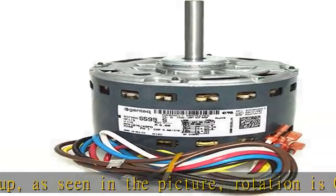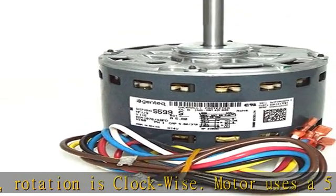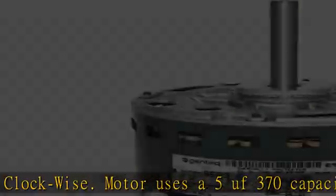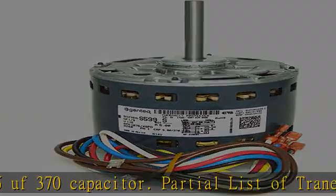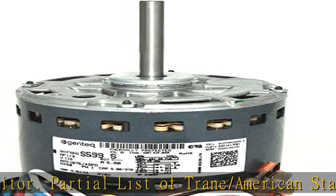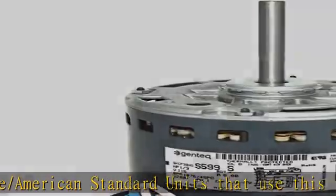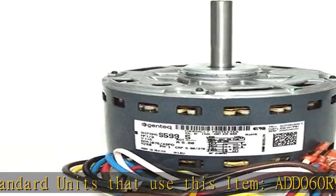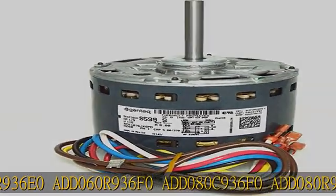060R936E0, 060R936F0, 080C936F0, 080R936E0, 080R936F0, 1B060A9361A, 1B060A9361, 1B080A9361A, 1B080A9361, 1B060A9361